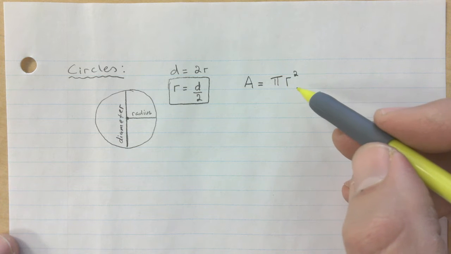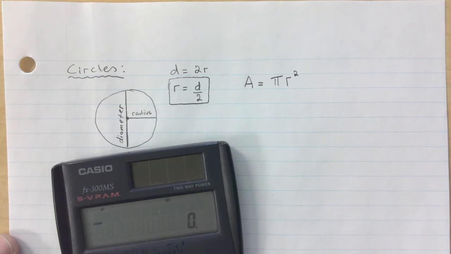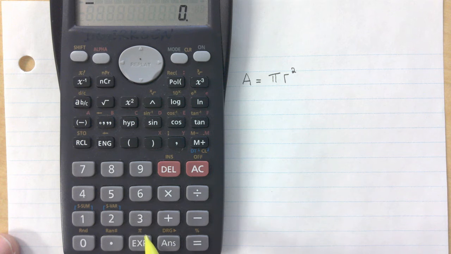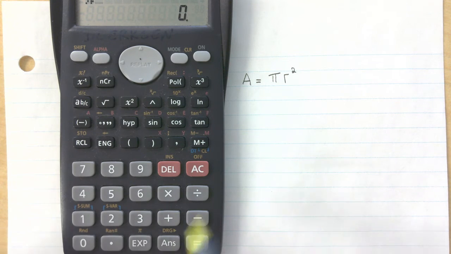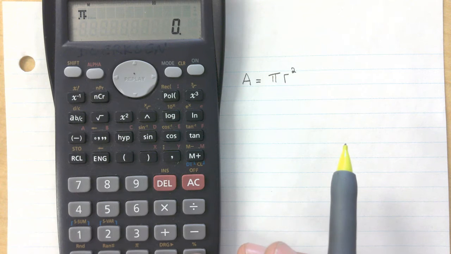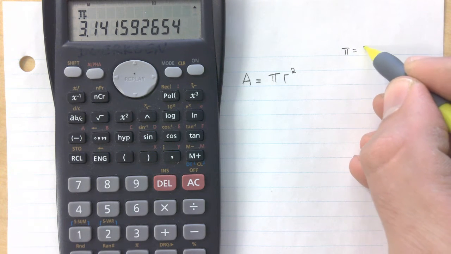And I will tell you something. Okay, the pi button on your calculator, if you have a decent calculator, should have a pi button. Mine is a bit hidden. Mine is right down here in yellow, so there is no particular button. Some of you might have a pi button, good for you. I need to press shift and then pi for pi to show up. I want you to use the pi button, okay? But if you don't, I need you to do this on your study sheet,